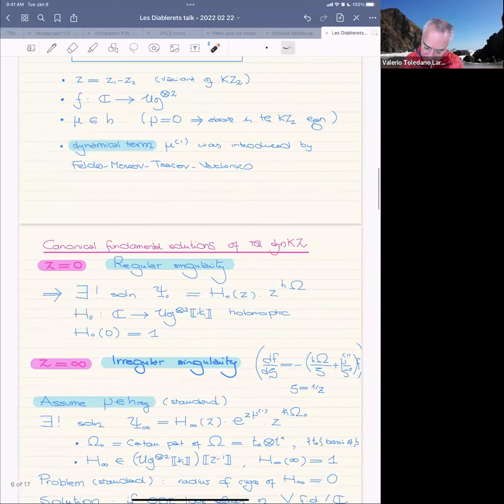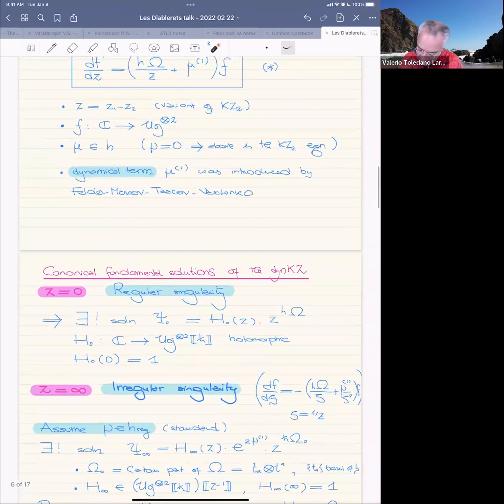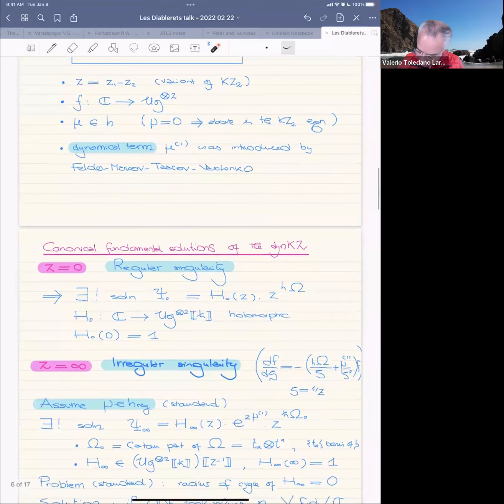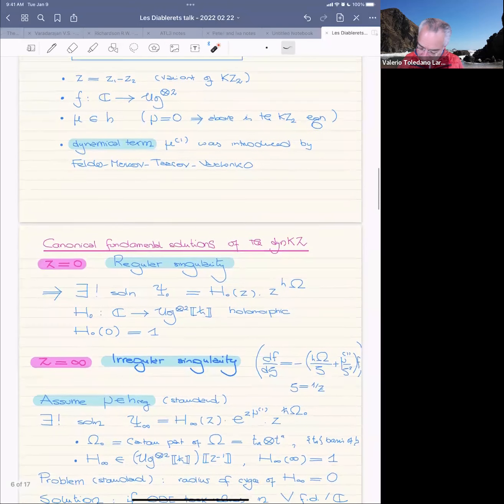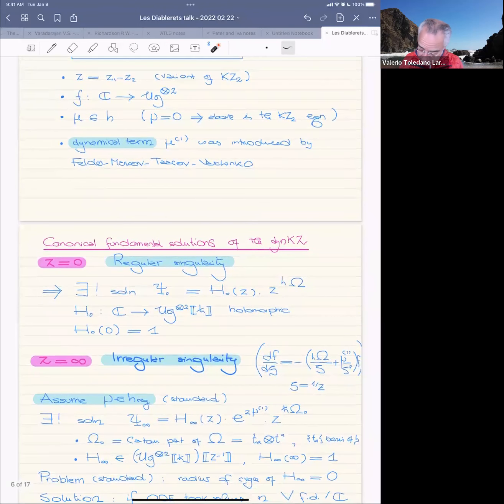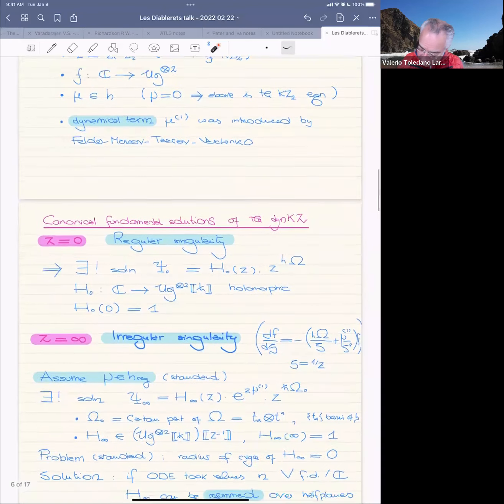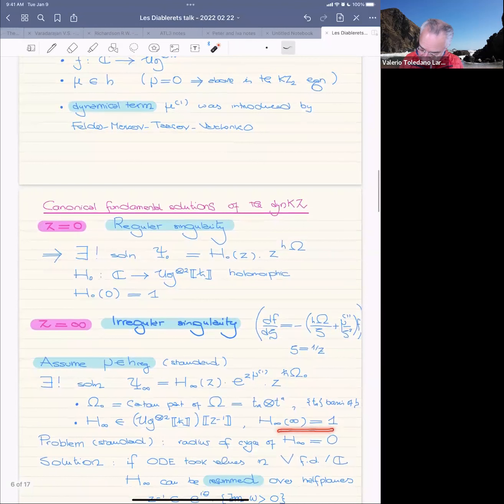Let me try to keep the differential equation on the screen if I can. I'm going to denote by omega 0 the Cartan part of omega, that is the projection of it. It's not so difficult to prove that there is a formal series in UG tensor UG with coefficients in z inverse, a formal expansion at z equal to infinity, normalized by the fact that at infinity it is equal to 1,